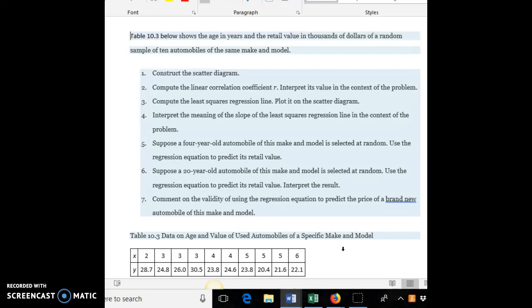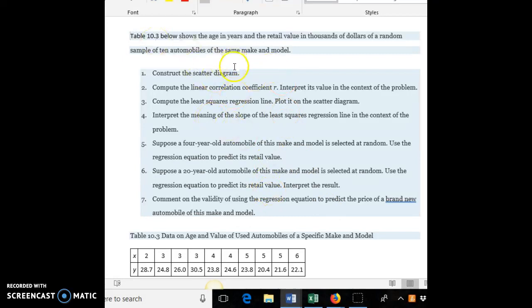And then we want to suppose a 20-year-old automobile of this make and model is selected at random and use the regression equation to predict its retail value and interpret the result. And then we want to comment on the validity of using the regression equation to predict the price of a brand new automobile of this make and model. Okay, so